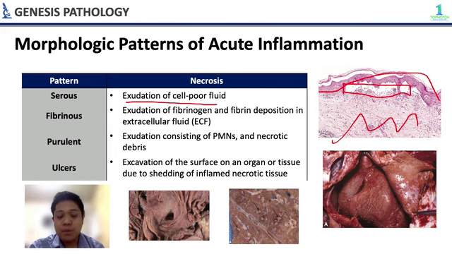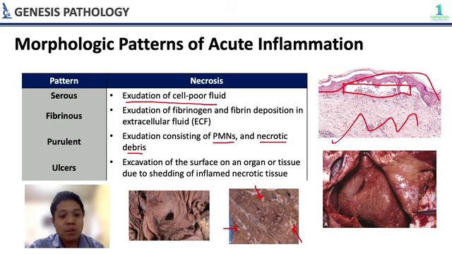Next, you have your fibrinous, which is an exudation of fibrin in the extracellular fluid. So for example, in fibrinous pericarditis, as you can see here, mayroong fibrinous depositions in the pericardium. So, ayun, parang kapag inauscultate mo yan, it sounds like hair being rustled. Kasi nga, ang daming fibrin, di ba? Next, you have your purulent or basically pus or nana. So, it is an exudation consisting of neutrophils and necrotic debris. So, in this organ, makikita nyo, mayroong mga islands of pus. So, itong mga white na to, pus yan. Pero usually pus, pag nakikita natin is color green, di ba?